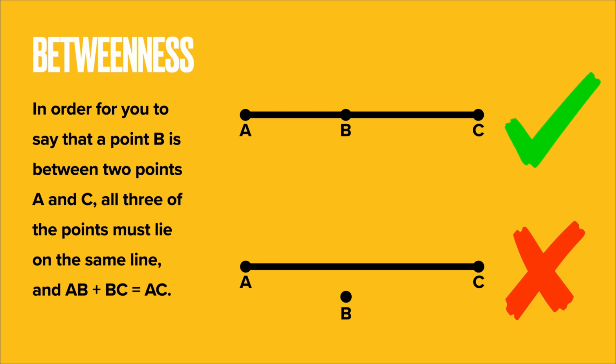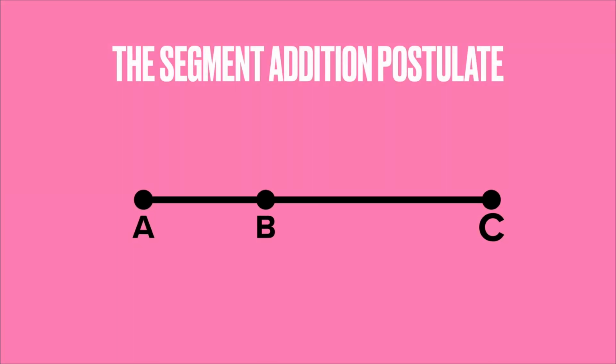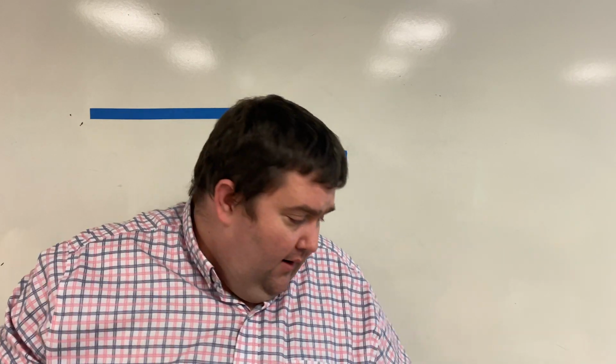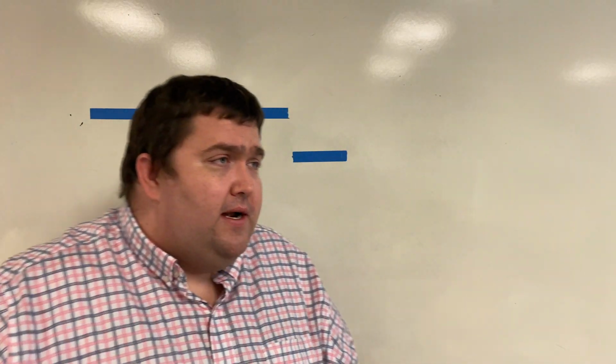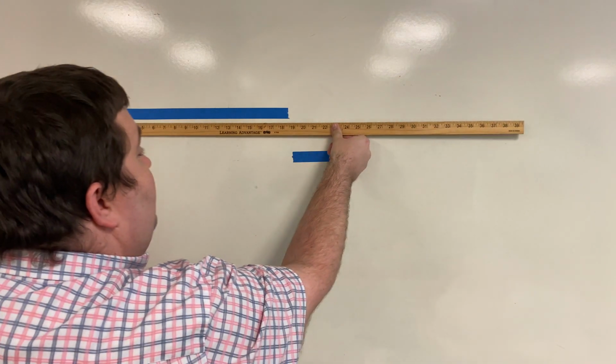So now that we've talked about that, let's talk about the segment addition postulate. The segment addition postulate is just this. If B is between A and C, then AB plus BC is equal to AC. To see how that works, let's go back to me. Thanks, me. All right, so in this case, we already know that the whole thing had a length of